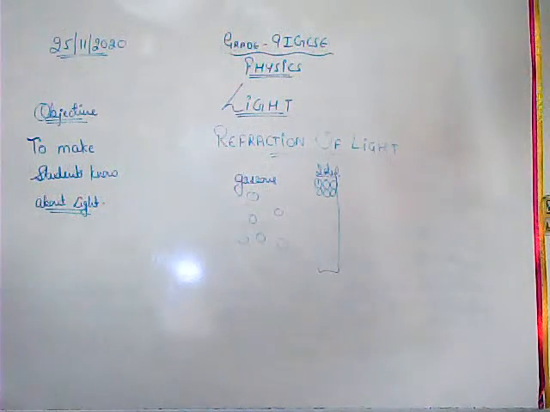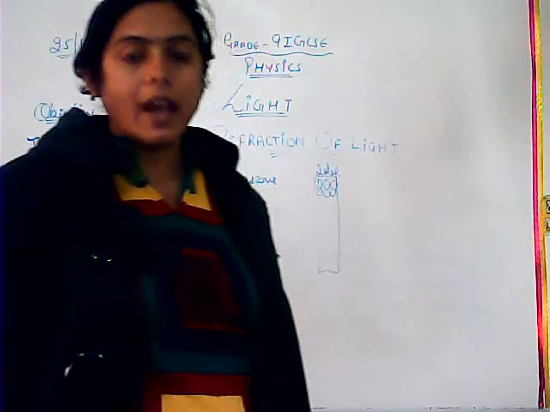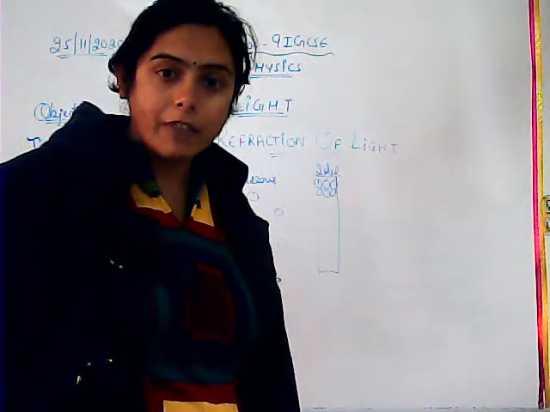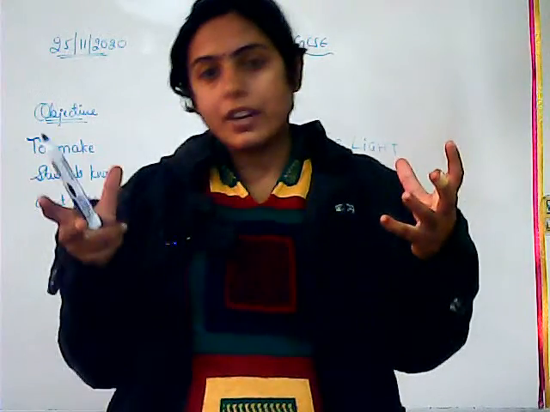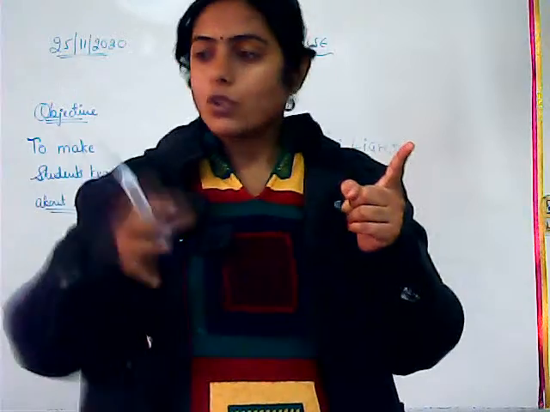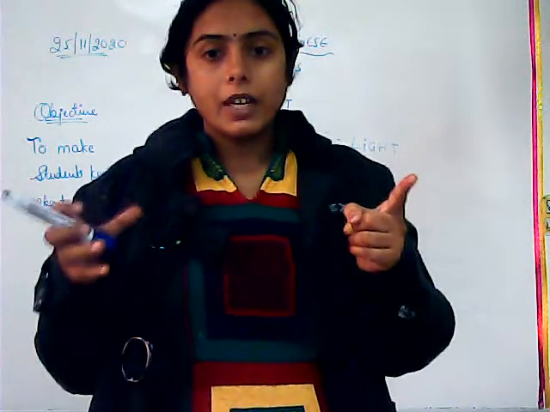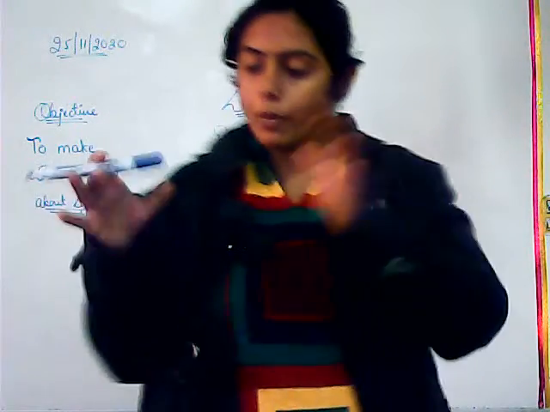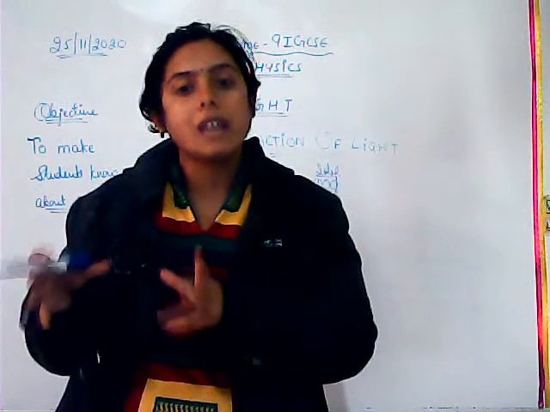The speed of light is going to be more in the rarer medium, and in the denser it's going to be less. जहाँ पे ज़्यादा ट्रैफिक है, suppose you are coming from highway and suddenly you enter into the traffic zone. मार्केट में एंटर कर दो, तो हाईवे पे आपकी स्पीड थी सपोज 80, सो मार्केट में क्या 80 रहेगी? Definitely it's going to be less, ठीक है? So you are coming with 80, आपको मार्केट में decrease करना है, your speed is going to decrease क्योंकि वहां पे ट्रैफिक ज्यादा है.